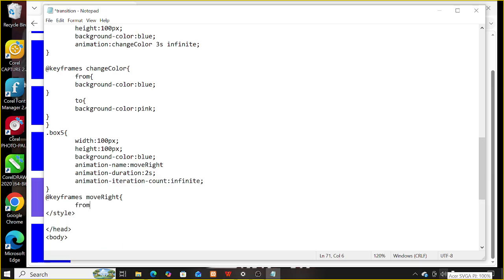So moving from, I will determine the location. You should move from where? The transform, and then it will translate from 0, and then 2. Transform and then translate towards